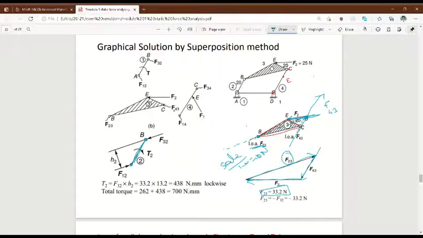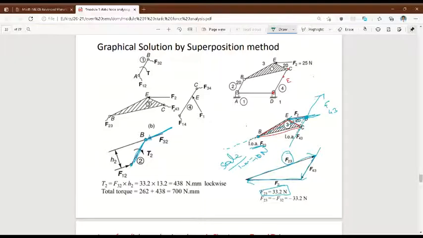And draw the line of action for F23. Draw a parallel line, like this. F23 has been drawn. Okay, now